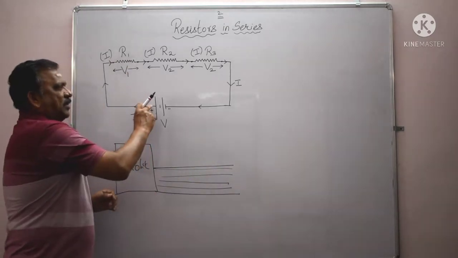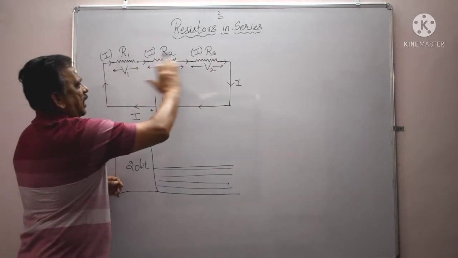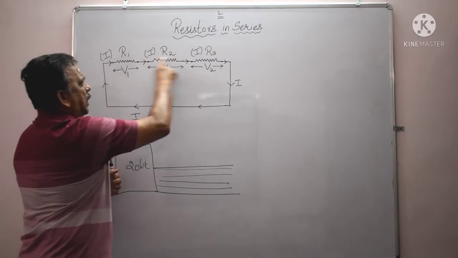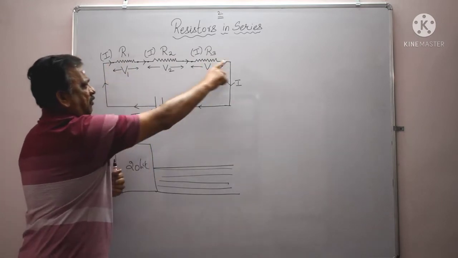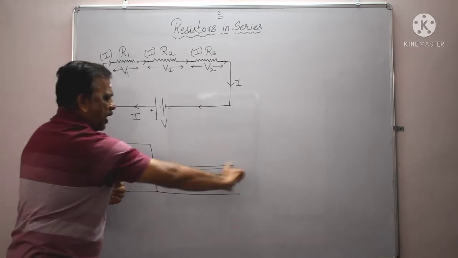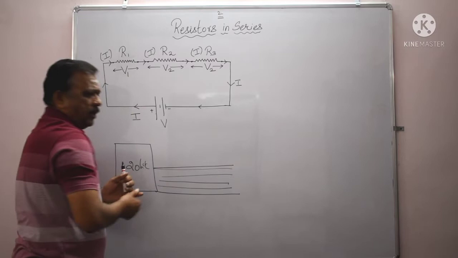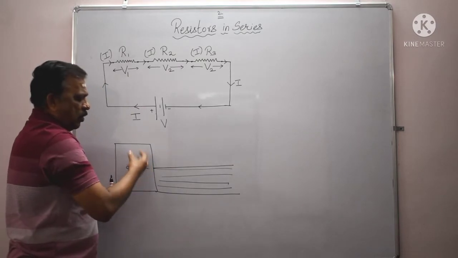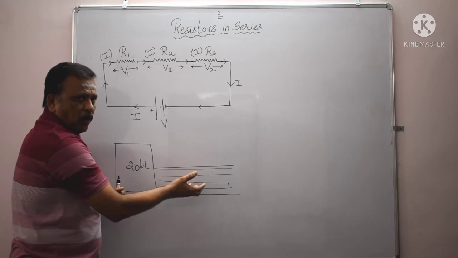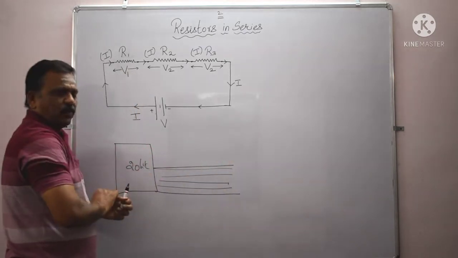So as long as the circuit contains only one path, you can see the components connected in series offer only a single path for the flow of current. There is only one path for the current flow, just like one path for the water flow. So as long as there is a single path for the water flow, the same quantity of water that we poured from the container into the channel will flow till the end, 20 liters.